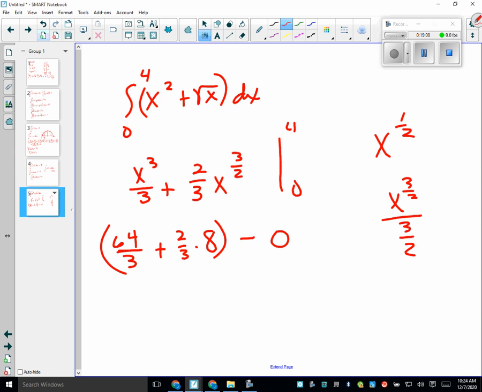I'll promise on one of the tests you can do it without a calculator. But I'm sorry, you should know the square root of 4. That should not be a big deal. I know square root of 4, but